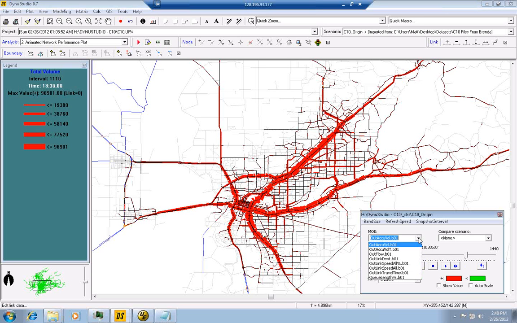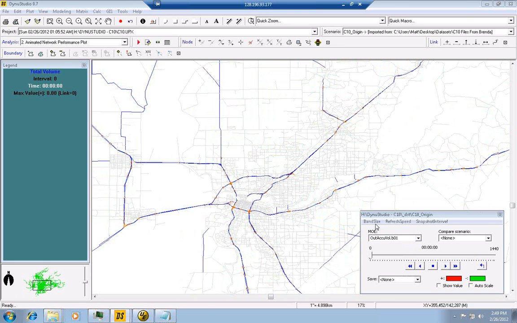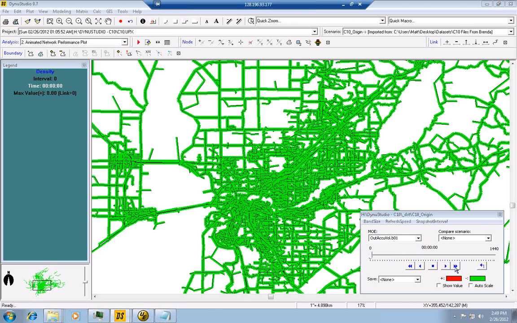Okay, I can also now choose to show the density. This again helps us understand the level of congestion and the location of congestion over time. Let me change the bandwidth to a little bit shorter. I'll choose 10. Choose link density. Now when I start playing,